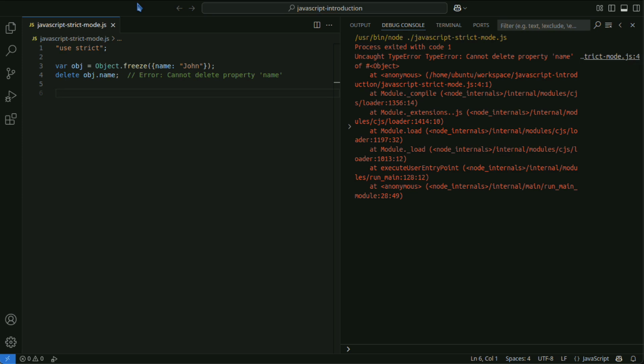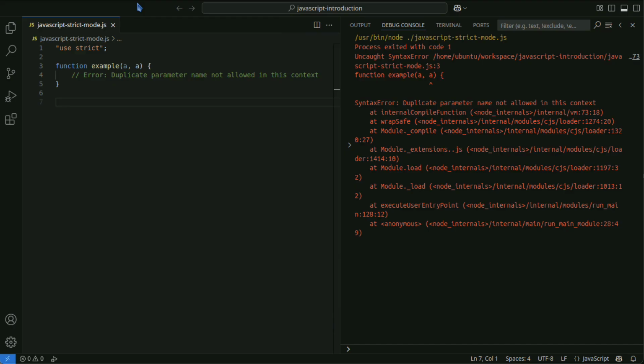In normal mode, declaring parameters with the same name multiple times is allowed, but in strict mode, it causes an error. The with statement can decrease code readability and is disallowed in strict mode.